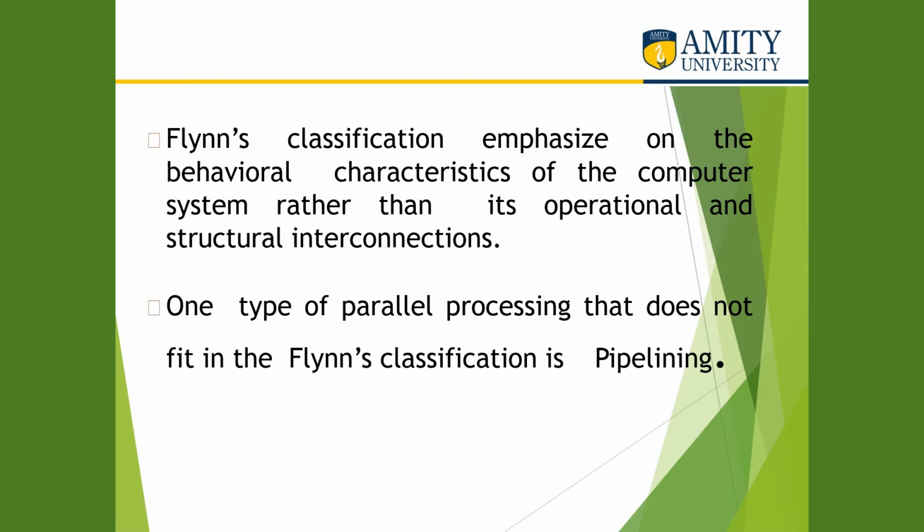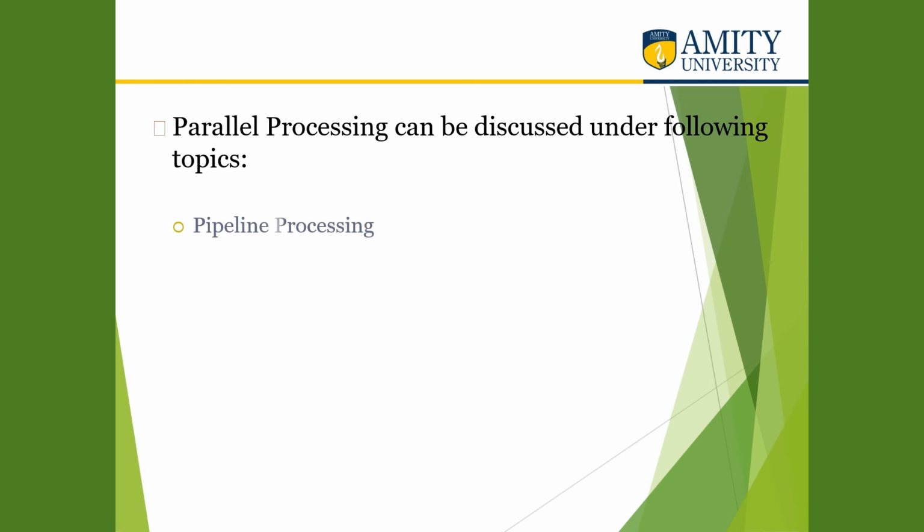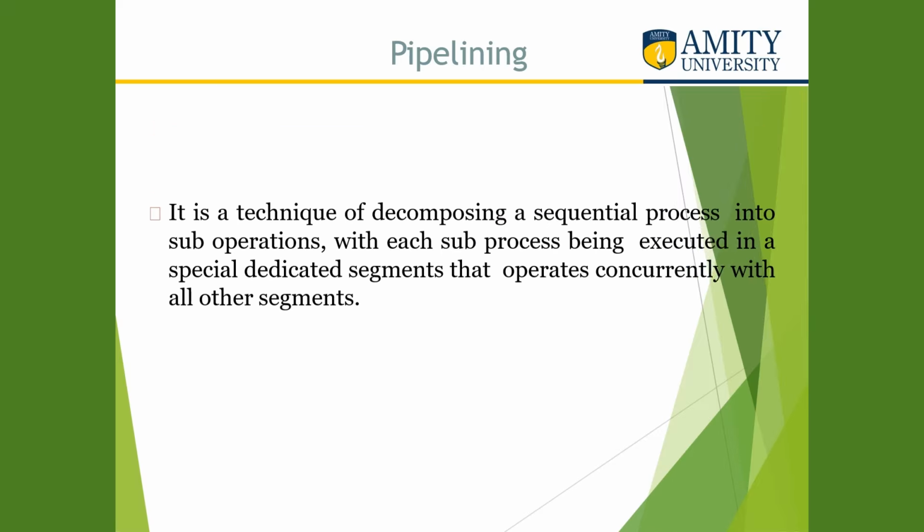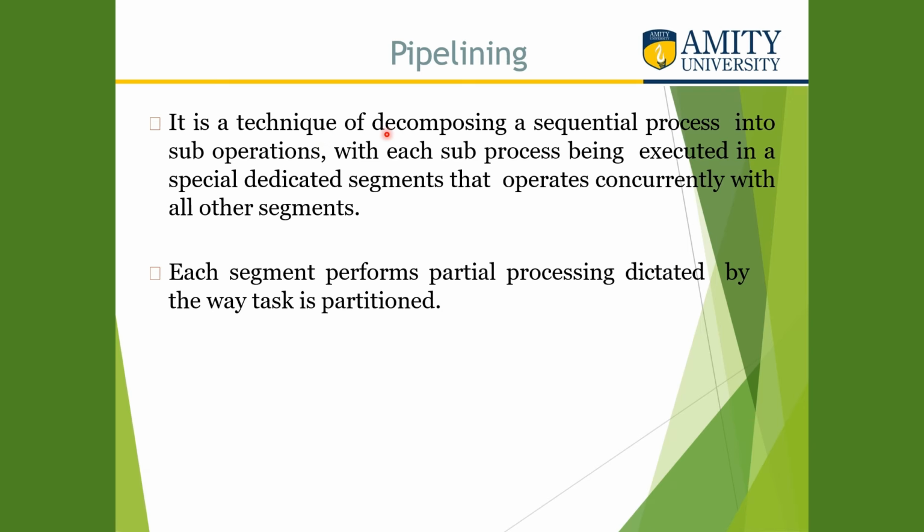The three main types of parallel processing that we're going to discuss are pipelining, vector, and array. First one is pipelining. Let's get started with pipelining. Pipelining is basically a technique where we break down a sequence of processes into sub operations. If you have a process, basically an instruction set where we are supposed to do certain operations on a given data set,